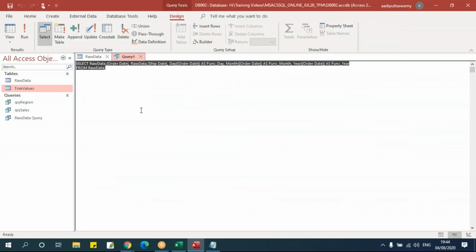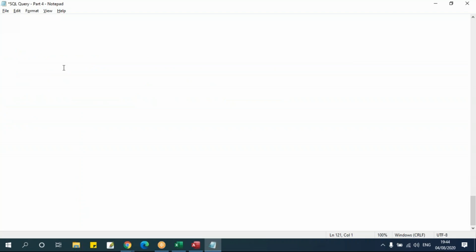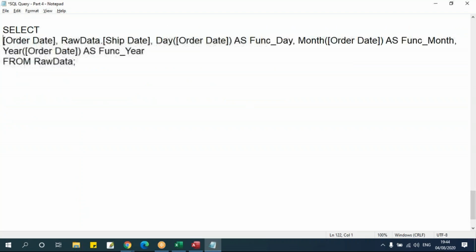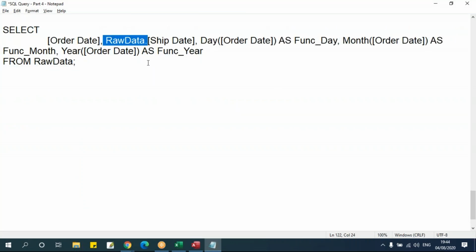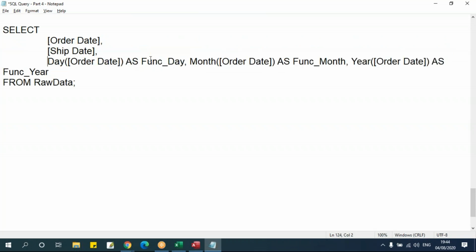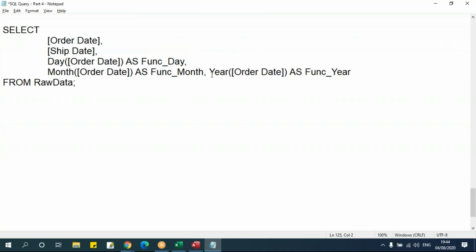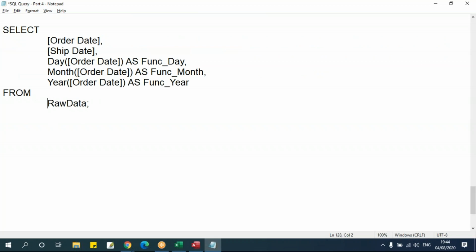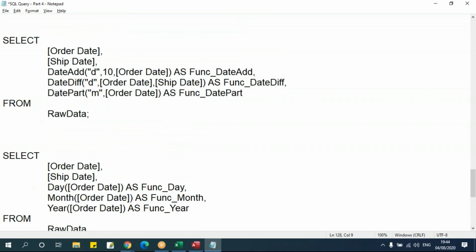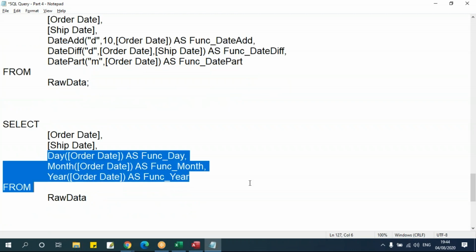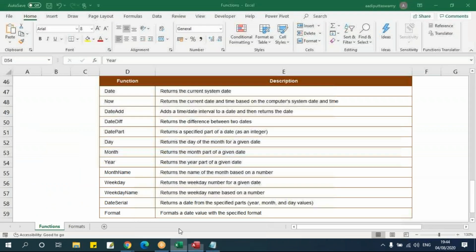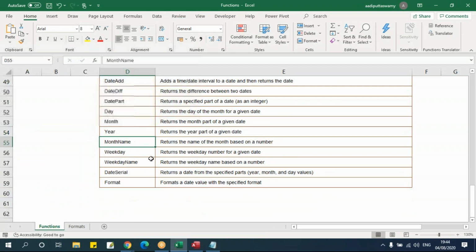Go to this SQL, paste it, ship date. Then we have this day, month, year from this table. So I can extract the day, month, and year from this table. So I can also use this date part by specifying day, month, or year here. I'll get the same results. Right. Next one,